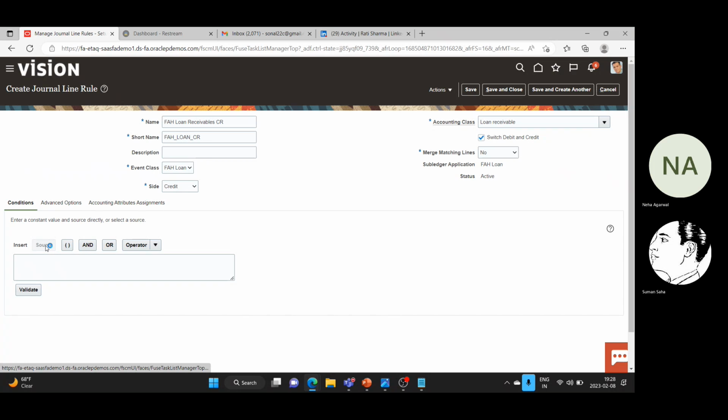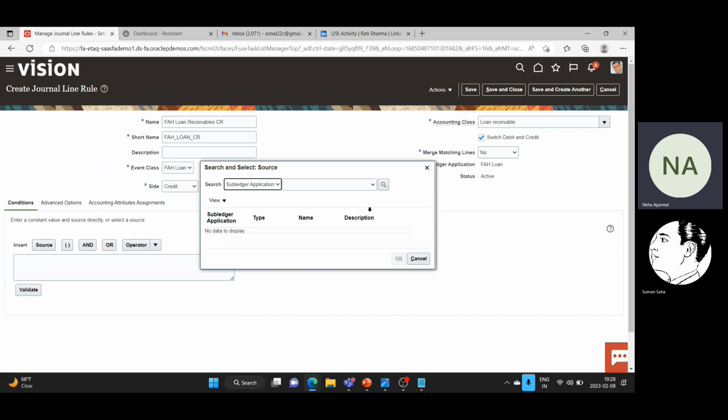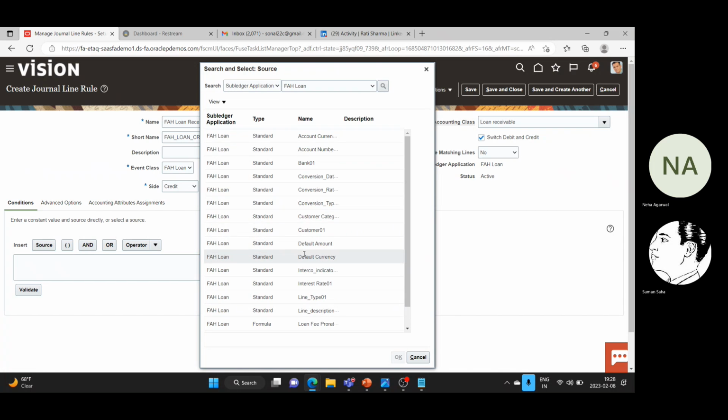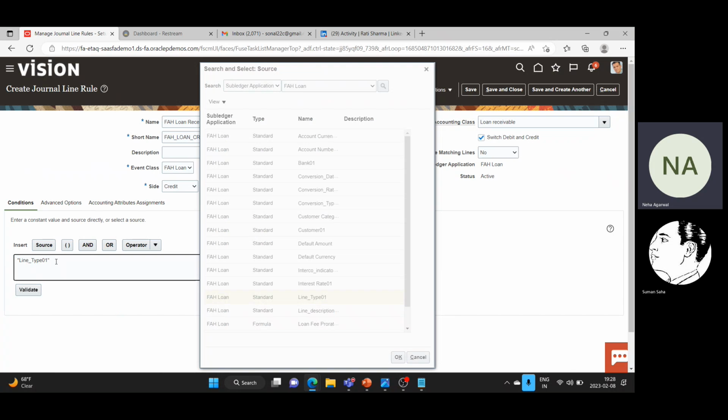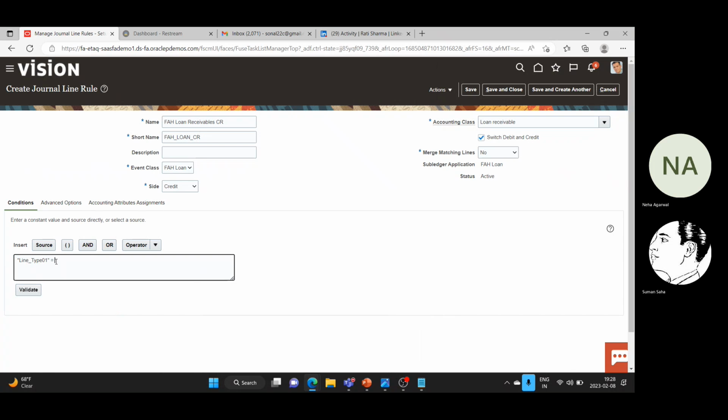I will have this information from my source. Application is FAH loan. Search line type. Okay. So if this is equal to loan,